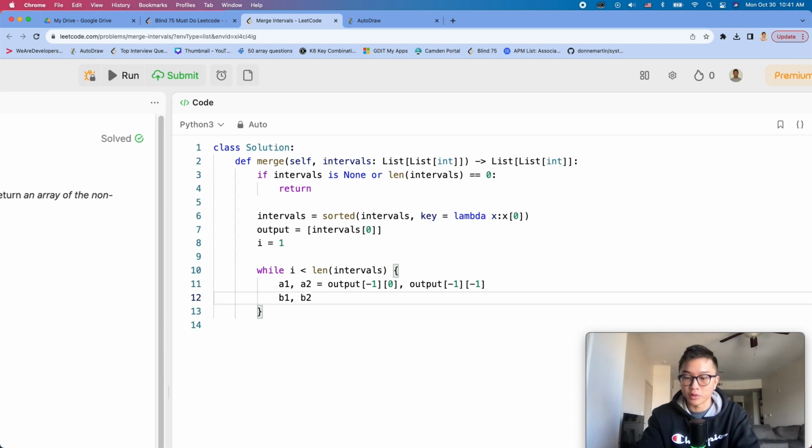We're going to do the same thing with B1 and B2 here, but instead of output, we're going to use intervals. And instead of -1, which is the last item in intervals, we're going to use I. Because remember, I is the variable that's controlling which item in the intervals list that we're actually taking a look at the exact moment. So now that we have A1, A2, B1, B2,